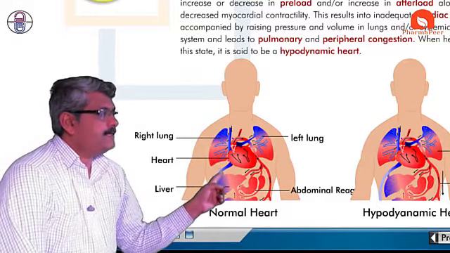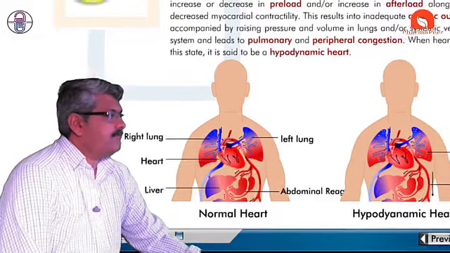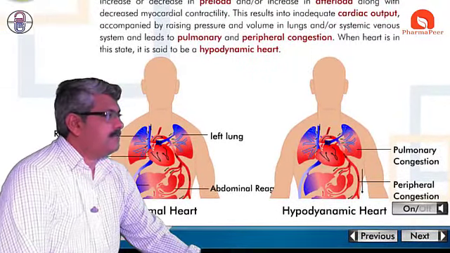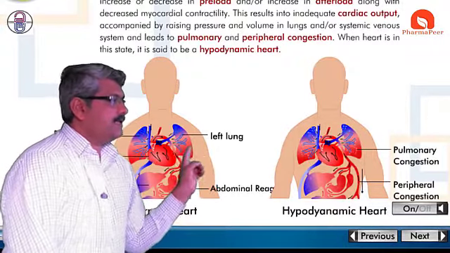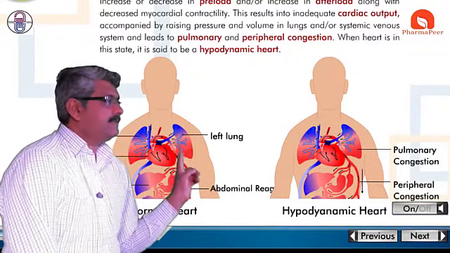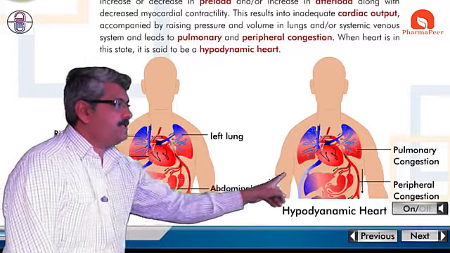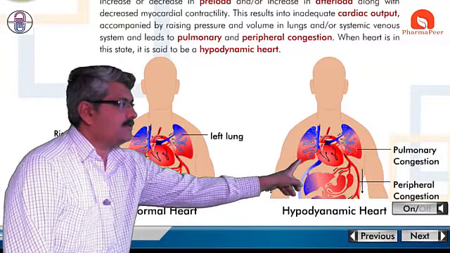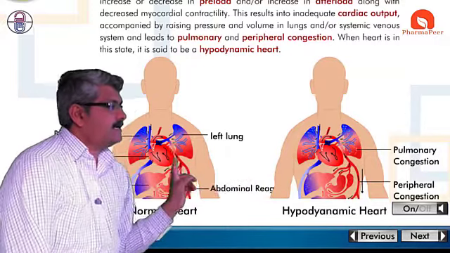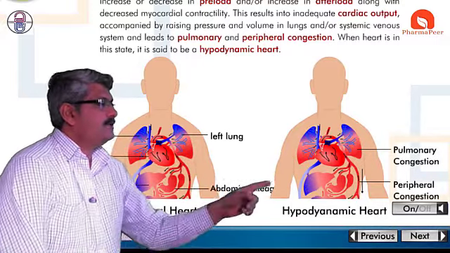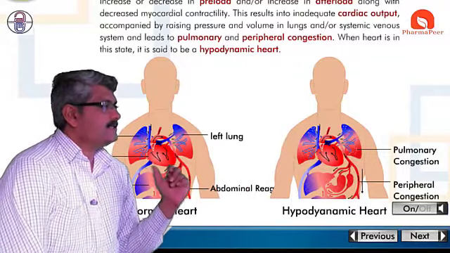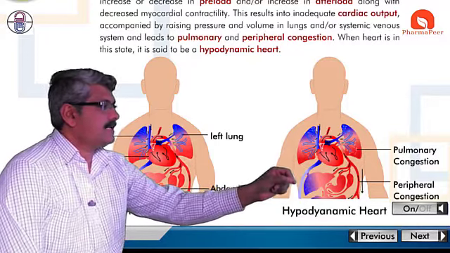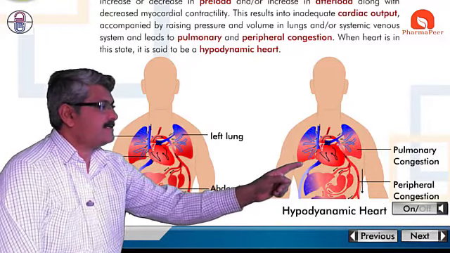So how will you find whether the congestion is there or not? If you see another diagram, you will get it. Compared to this normal heart working area, if you see this lung area, there is no gap. But here, there are a few holes after contraction. And if you see this cardiac activity and this cardiac activity, both are different. Here, this is a normal contraction and relaxation. But here, there is an irregular contraction and relaxation.